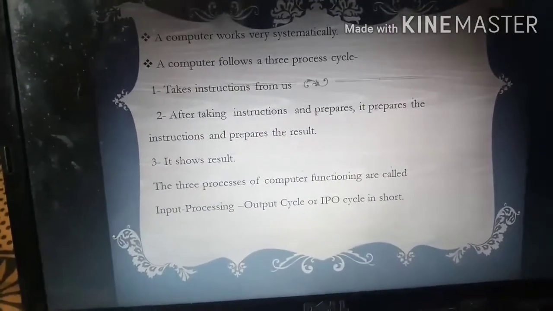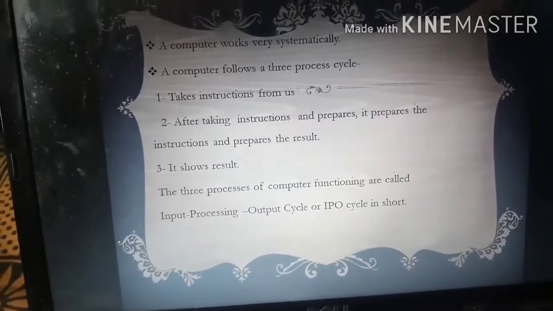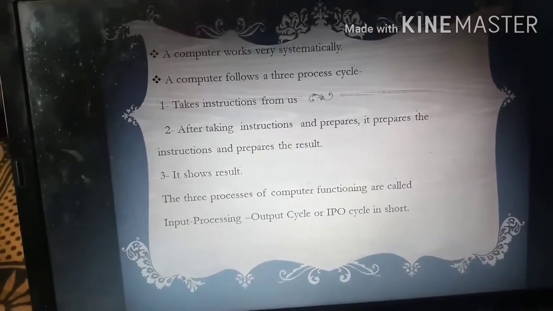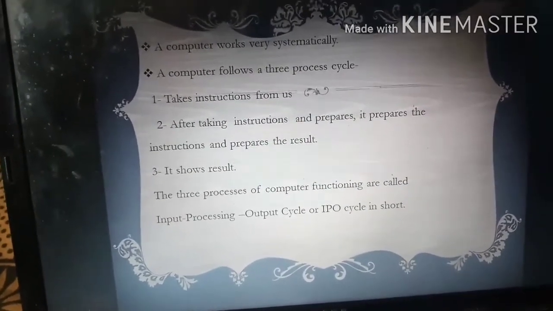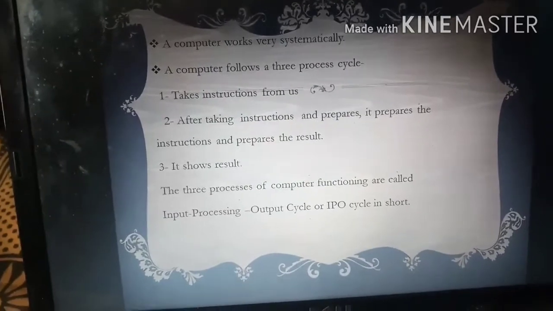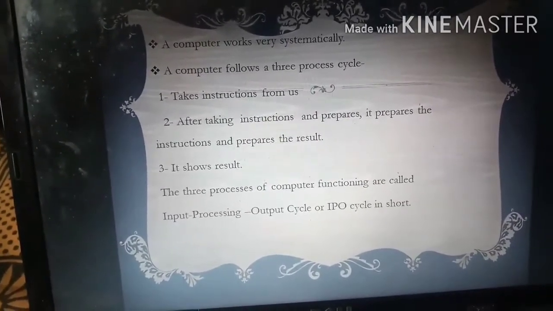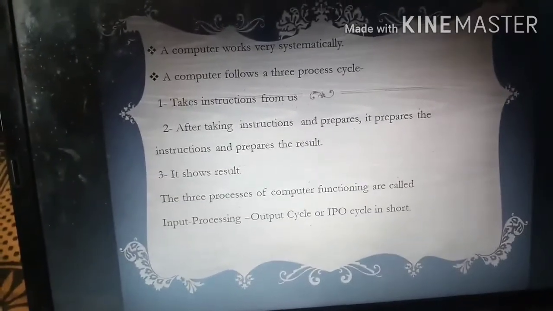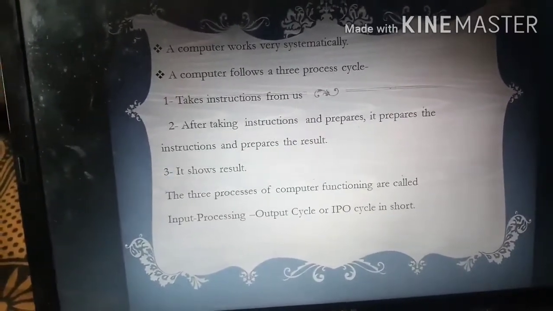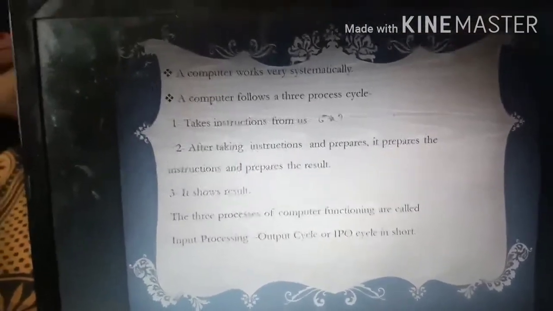So these three steps, taking instructions, processing and giving us the results, are also known as input, processing, output, or we can say the input-process-output cycle. Okay, come to the next.